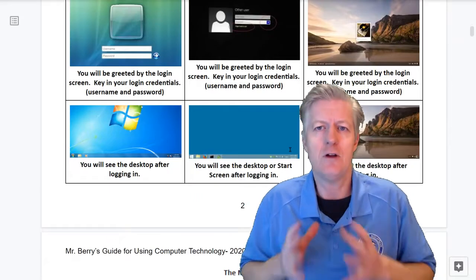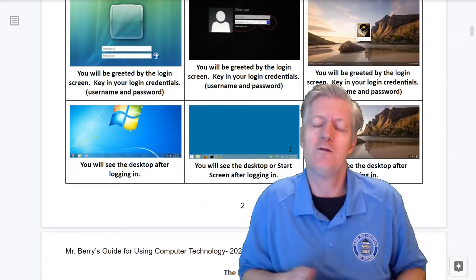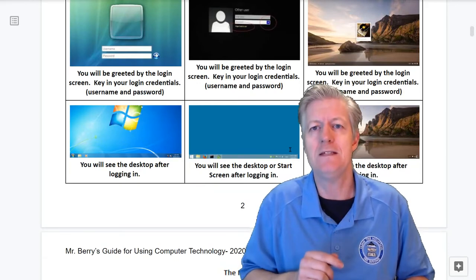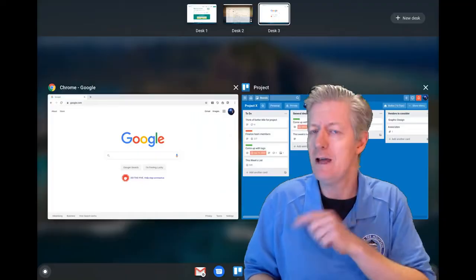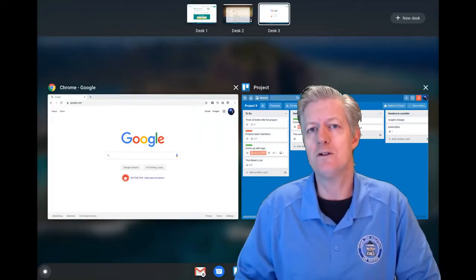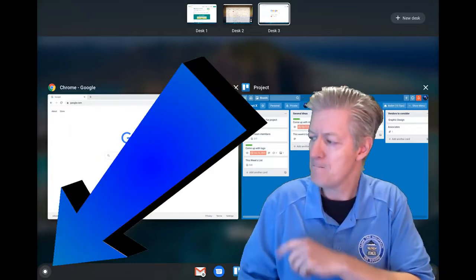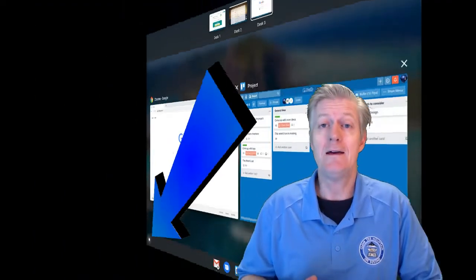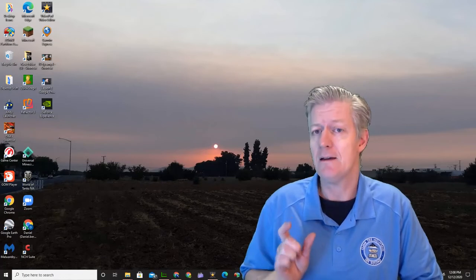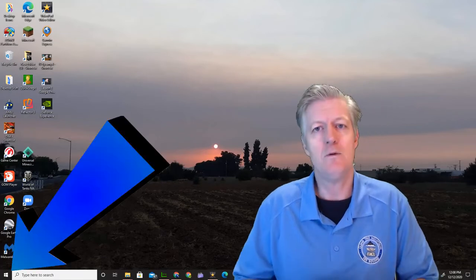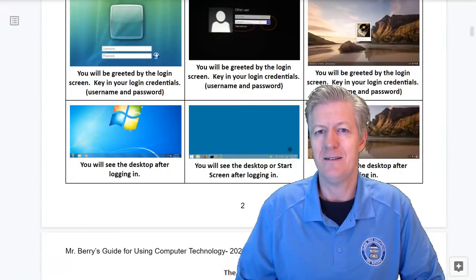So let's say that you're not sure. Do I have a Chromebook or do I have a Windows computer? Well, it's easy to find out. All you have to do is look down at the lower left-hand corner of your screen when you're doing your work, and if you see a circle down there, you're in a Chromebook. And instead, if you see a flag key over there, then guess what? You're in your Windows computer.